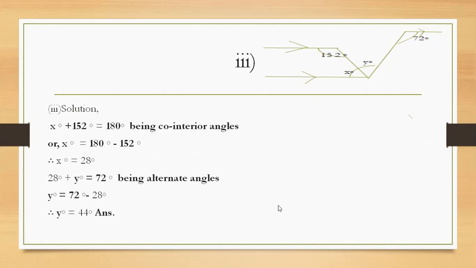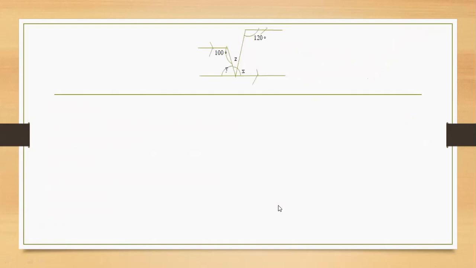Okay, now number 3, after look here, number 4. Here we found the value of x first or y first. You can do any one first, okay. y plus 100 degree co-interior angle, x plus 120 degree also co-interior angle. Then we get the value of x also, y also. Then last we do addition of this x, y, z. These three angles will make 180 degree. Okay, then we get the value of z. That is shown in this solution.